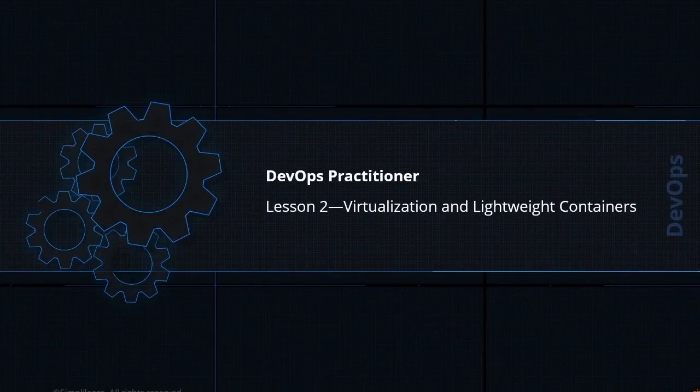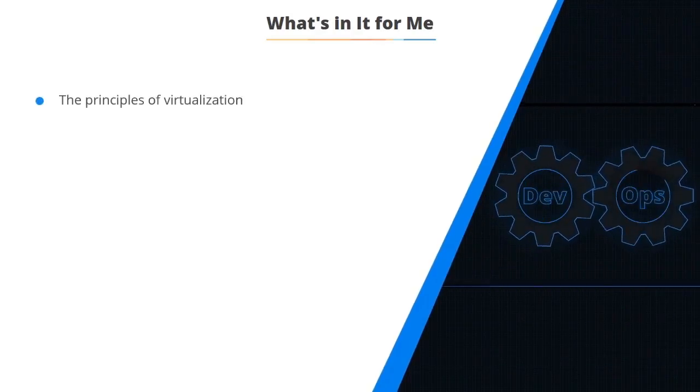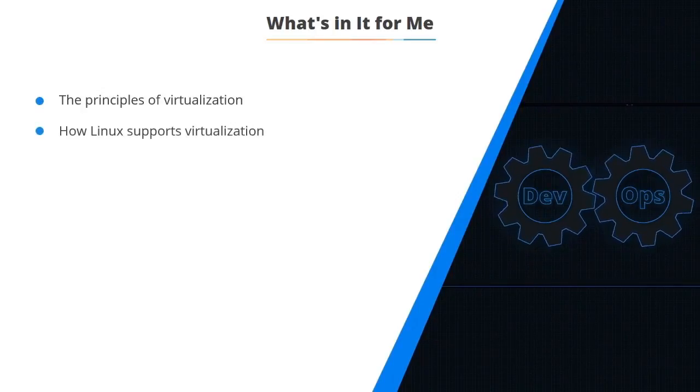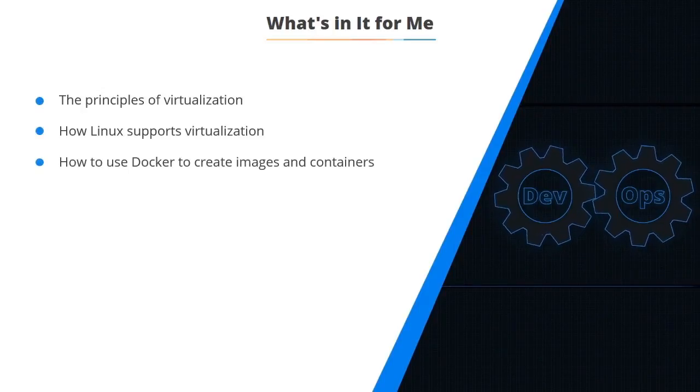Lesson 2 is about virtualization and lightweight containers. I think this is going to be one of the key technologies that are going to be used from now on. We're already using them, in fact, aren't we? So look at what the principles are of virtualization, and then some changes which were made to Linux to support it in an interesting way, and then start looking at container technology and Docker.